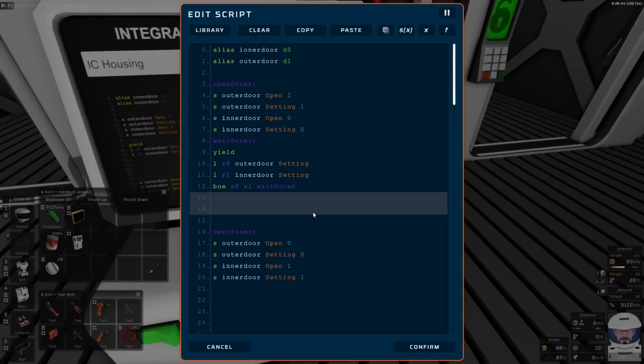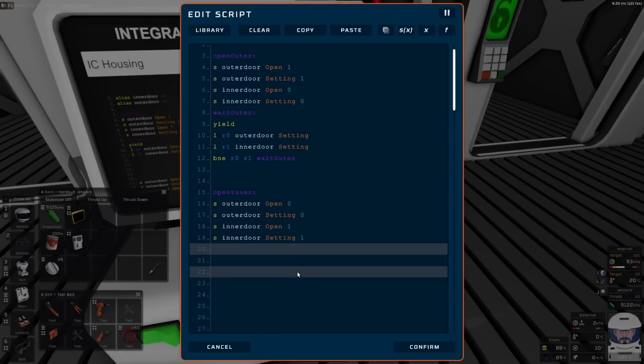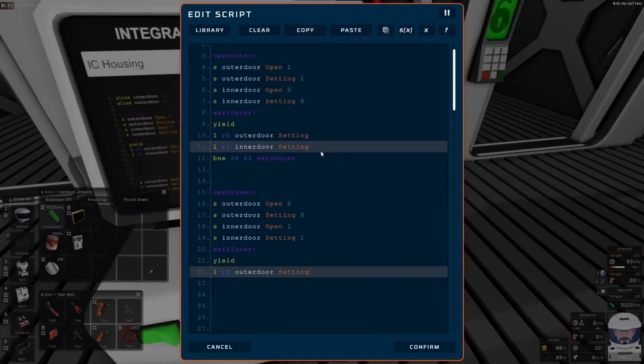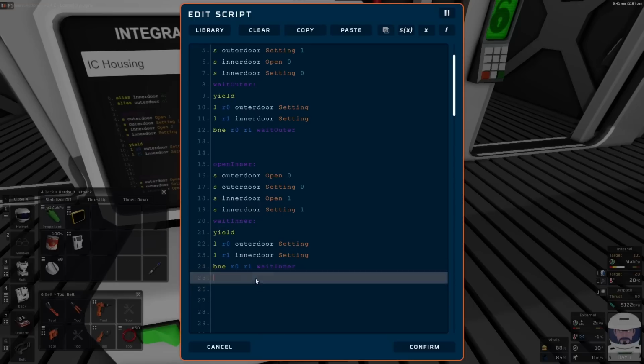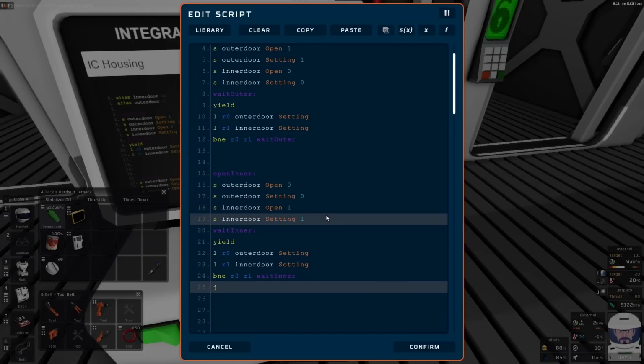Once a button has been pressed, we can just go to the open inner one. So then flick the doors around, and there we go. And then of course we'll have to wait inner. Wait inner, and we shall do the same thing there. Copy, paste, copy, paste, copy, paste. Of course this will be exactly the same because all we're doing is comparing them. They'll be around the other way, but they'll still either be equal or not. And that shall be an inner this time. Of course, once it gets to the end, once a button has been pressed, we're just going to go straight back to the start. So jump, open, outer,